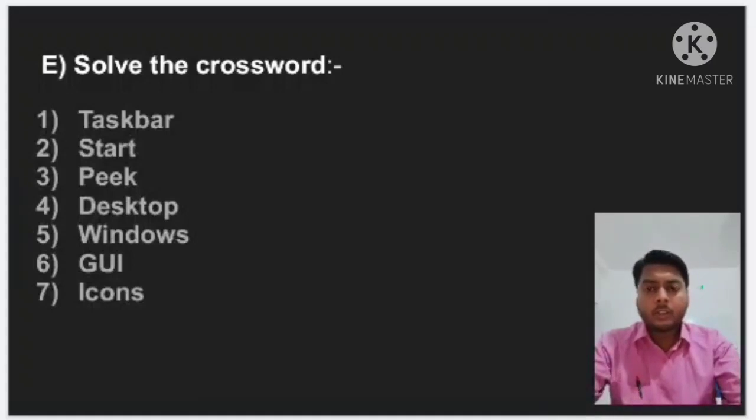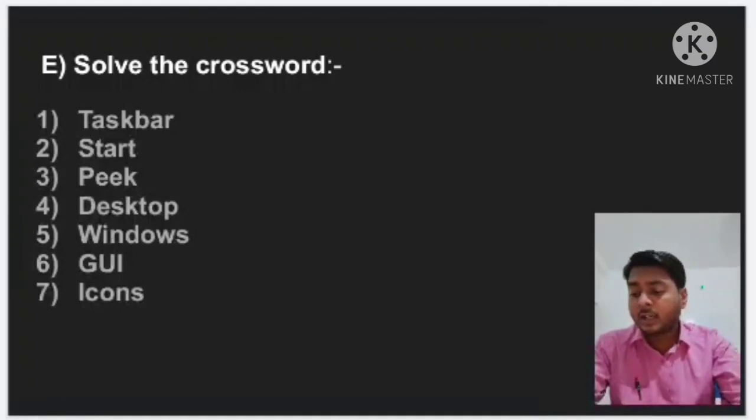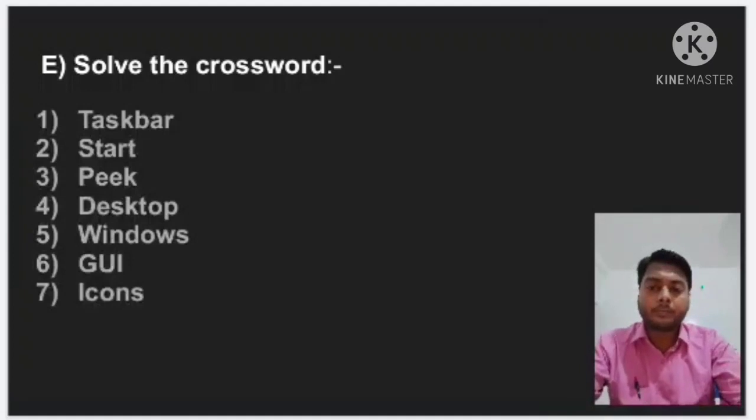Got it? Third number, a button in the notification area that minimizes all the windows and displays the desktop. Already discussed in the tick the correct statement and cross the wrong statement. That means it is the work of the peek button.